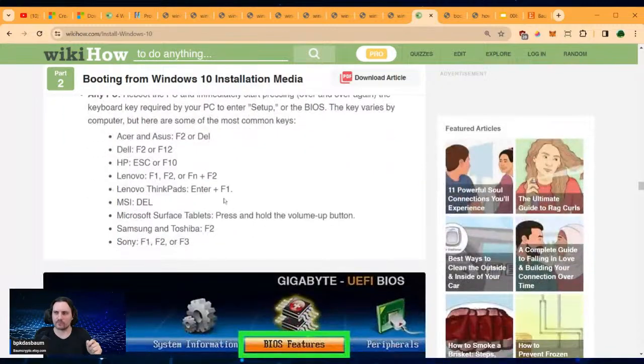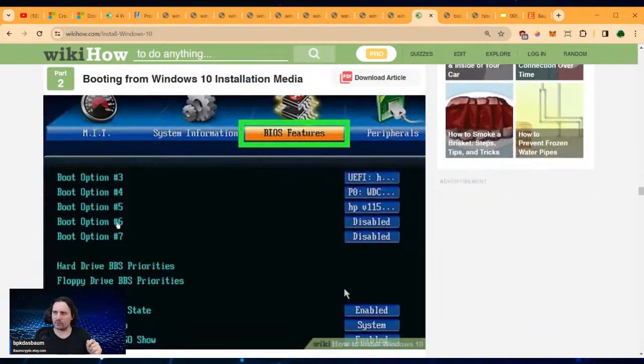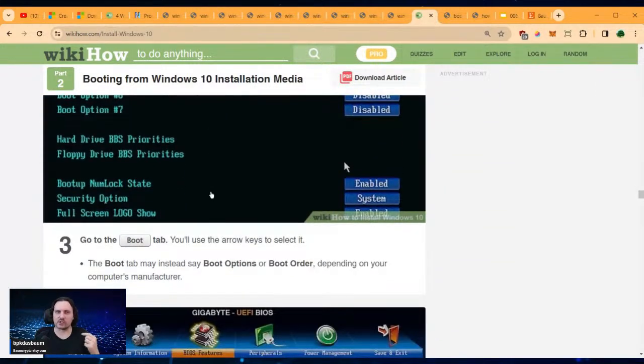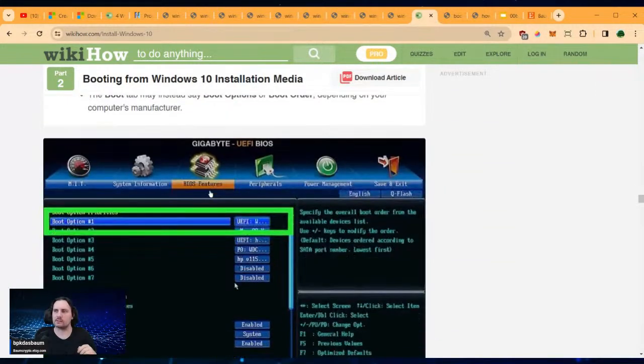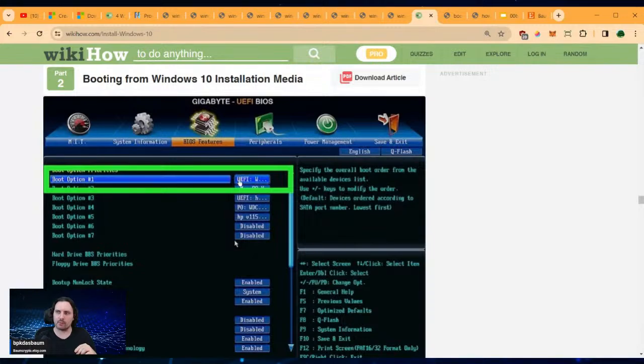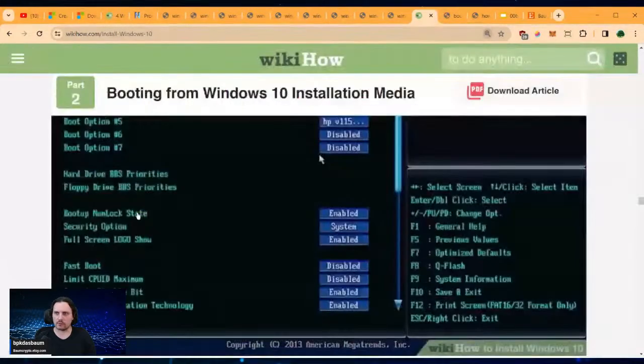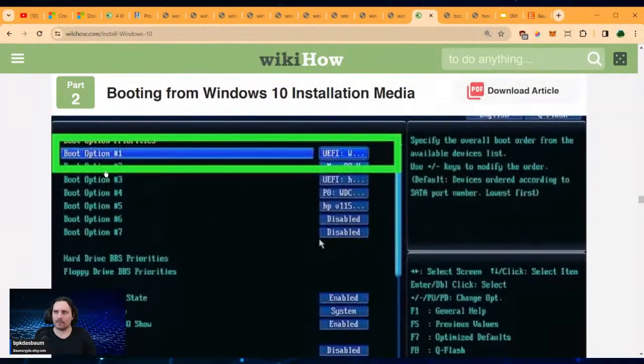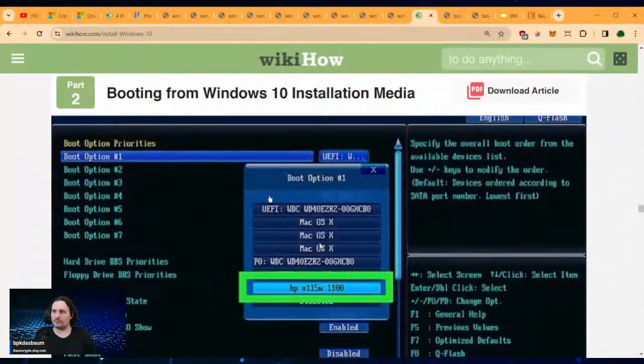But yeah, so here's an example. You can see boot option 3, 4, 5, 6, and the first one is the UEFI. This would be the small USB hard drive, and you're gonna change that to the top priority so that it's boot option number 1. Here you can see. I'm gonna zoom in a little bit more. So before it was number 3 here, and we moved it up to number 1. You save that,